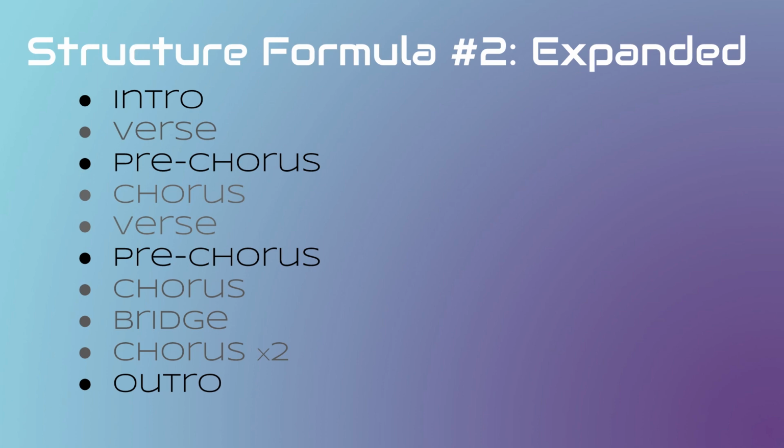As you can see, I've highlighted the new transitional additions in black text, while those we discussed last time are in gray. This new expanded song structure maintains the logical and satisfying flow of the old basic structure, but also provides a nice segue into and out of the tune with an added intro and outro, as well as giving us the opportunity to create more fluid, interesting, and dynamic links between our verses and choruses via new pre-choruses.